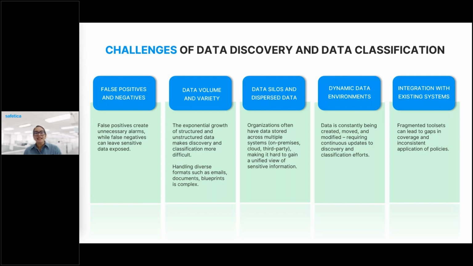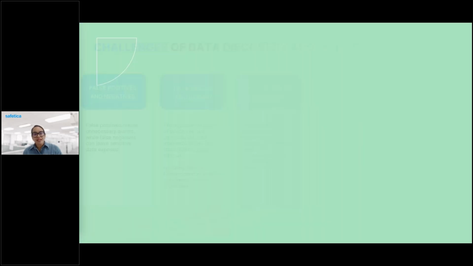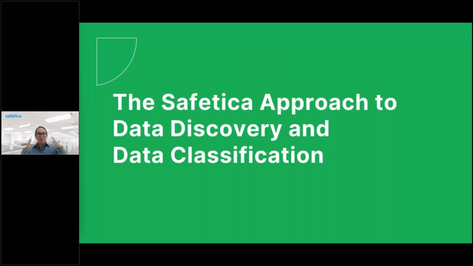And lastly, integration with existing systems. Plugging data discovery and classification tools into your existing infrastructure, especially older systems, can sometimes be tricky. So let's put this in mind. Again, we've covered what data discovery and data classification are. We know why they matter, but we also know how they can be challenging but very essential to data loss